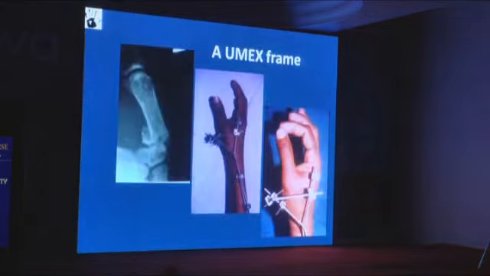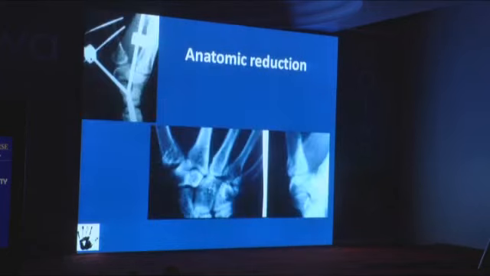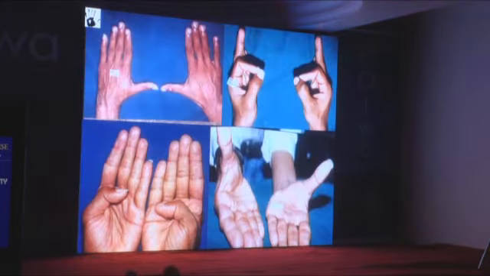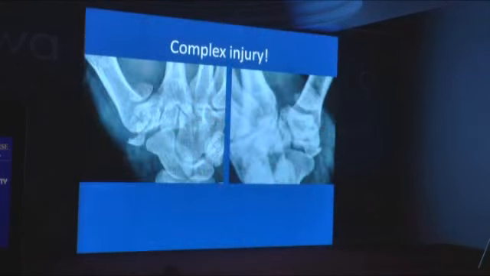But if you noticed, you've got to span the first web to hold the reduction. So the second metacarpal is being involved, the radius is being involved. This first metacarpal approach is too extensive and rarely to be used. In a compound injury, yes, but you get excellent results.